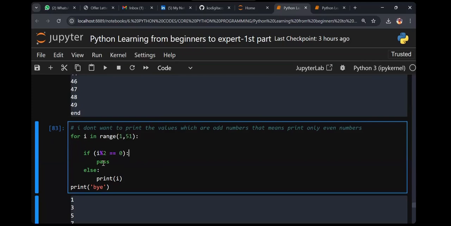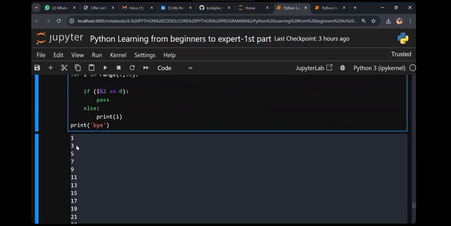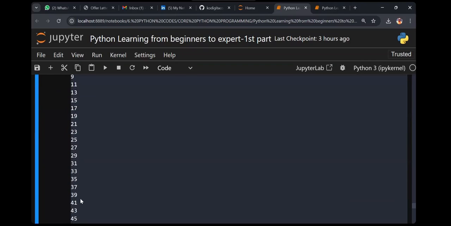What I explained today is the concept, and also where these keywords are used in real time. Again, 1 to 51, i mod 2 means even numbers. I say pass, which means skip it, and then print all the others: 1, 3, 5, 7. You know what even numbers are?